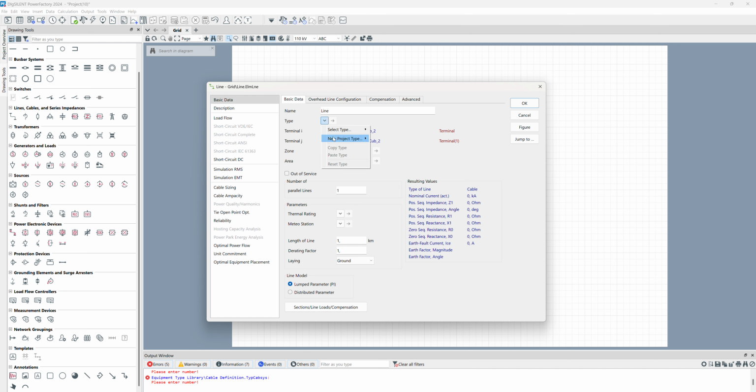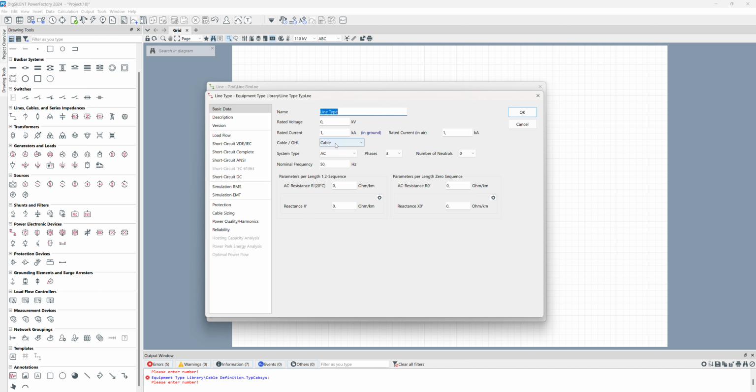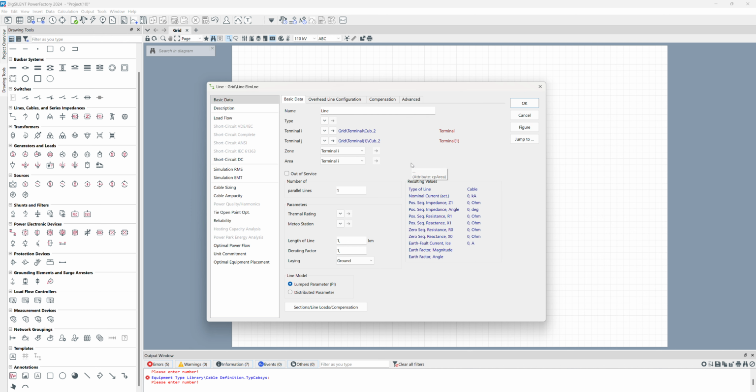If you click here, new project, here you can make a line type. This is just the simplified version of the line. So here we can say how much is the R, X, and the rated voltage, and current, etc. But if you want to define that super accurately, you should click here, new project, and here we have cable